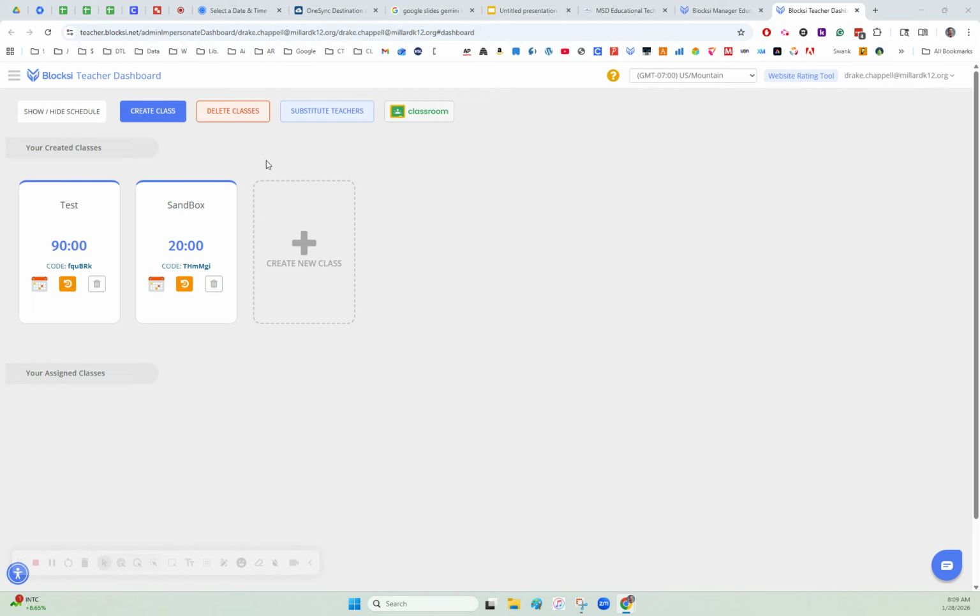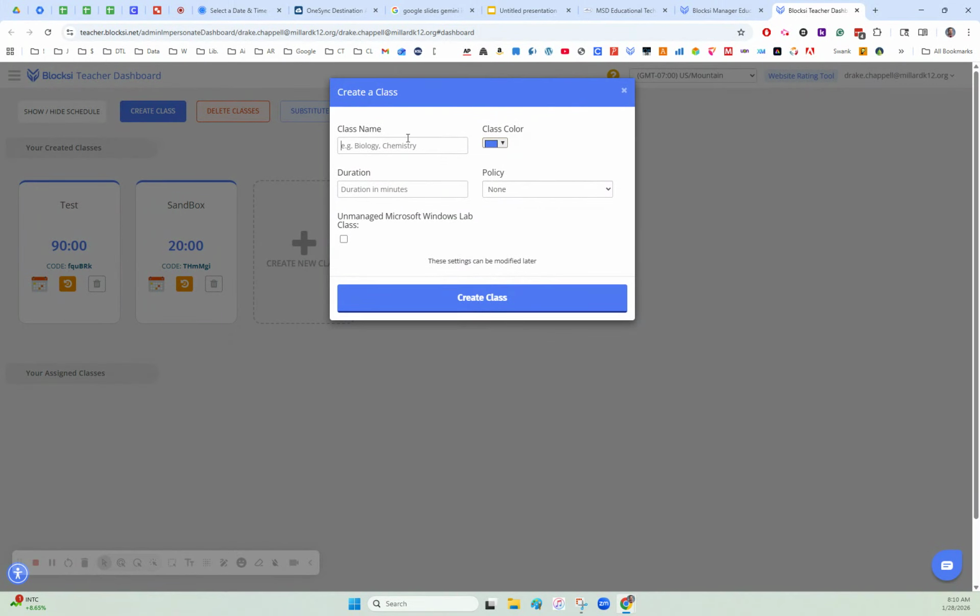So once you get in, it'll probably be empty, no classes. And if you logged in through Clever, there will be a Clever button right here. You can click that and import your classes, which will bring your classes in from PowerSchool exactly how they are there. If you want to go the manual route, you'd hit create a new class, give it a name, give